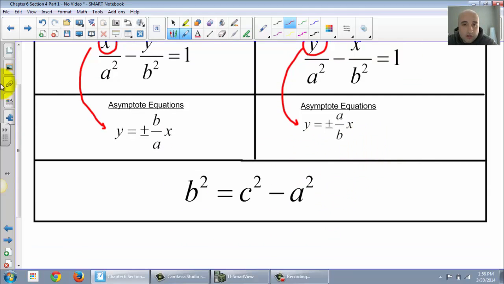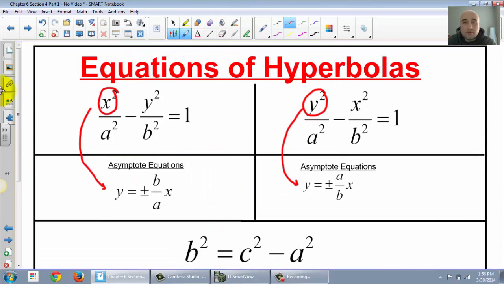Now the bottom equation should look familiar as well. It's c squared minus a squared for hyperbolas. The only difference is this was switched for ellipses. Okay, so we switched the c and the a when we're talking about ellipses and hyperbolas. They just flip-flop. Okay, so we're going to use all these equations, which are very similar to the ones we've already done for ellipses, to do some hyperbola